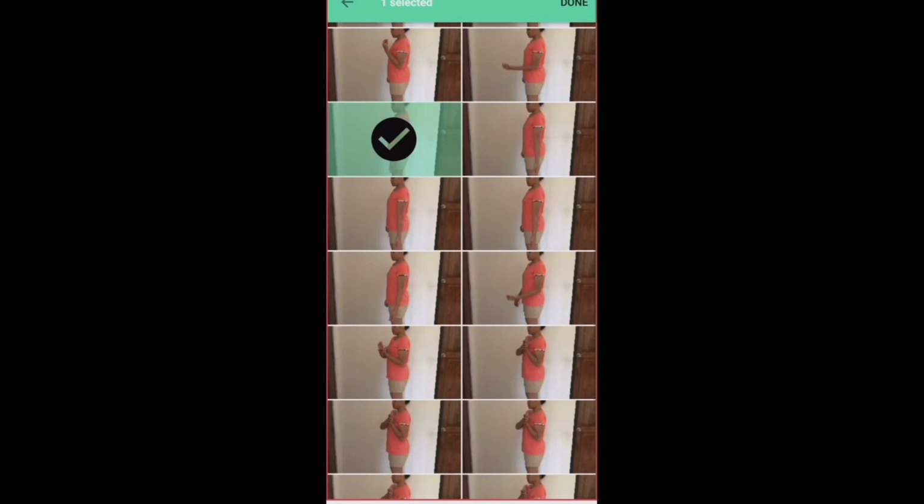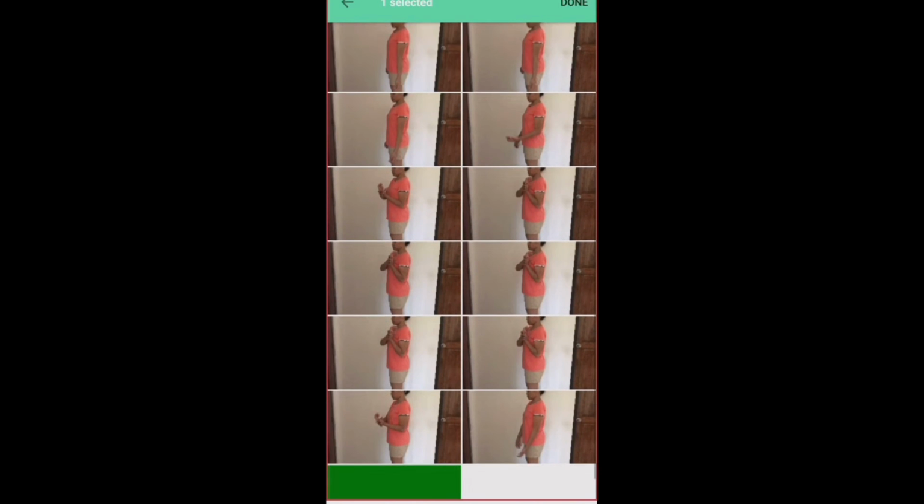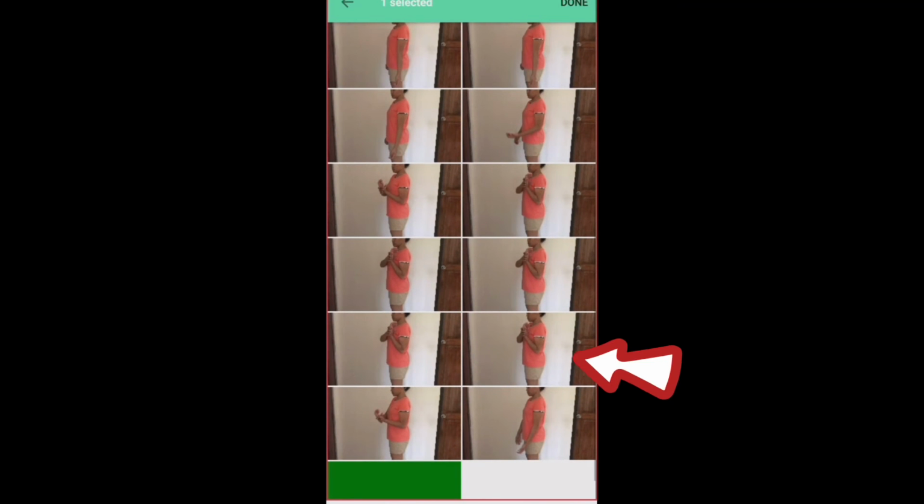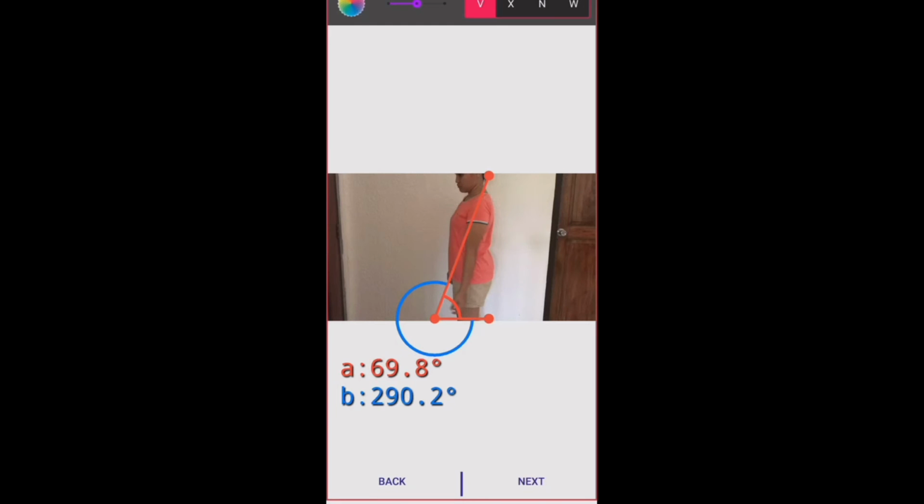If you want to assess, let's say, the starting position of elbow flexion and the end position, I'll choose this image here. It's the starting position, and then I have here the end position in the passive range. I'll choose this one, and then I'll add those two pictures or frames. Now, you can do the same thing.